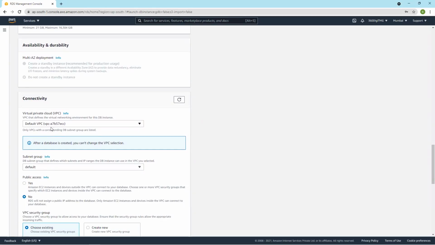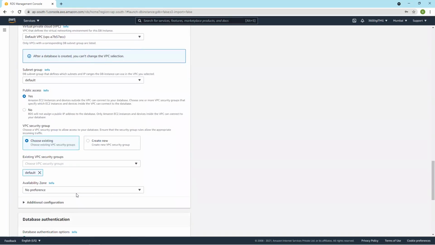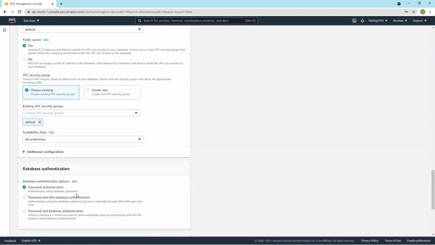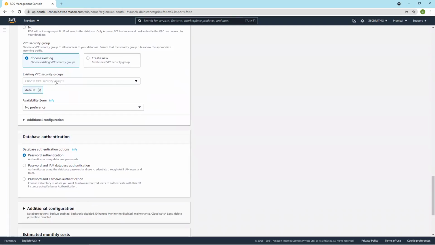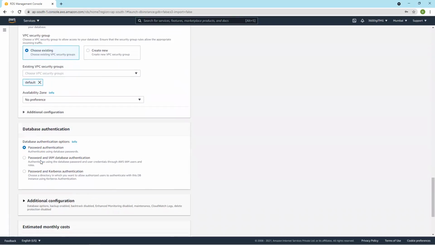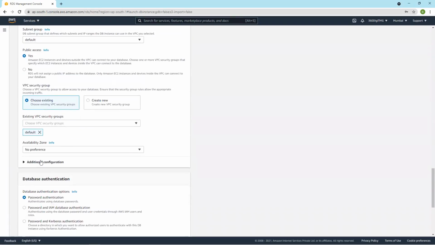We will go with default VPC. This time we will make it, yes, public access is there. So EC2 instances and devices outside the VPC can also connect to this database. And then that's it. Availability zone and security group default, existing one.